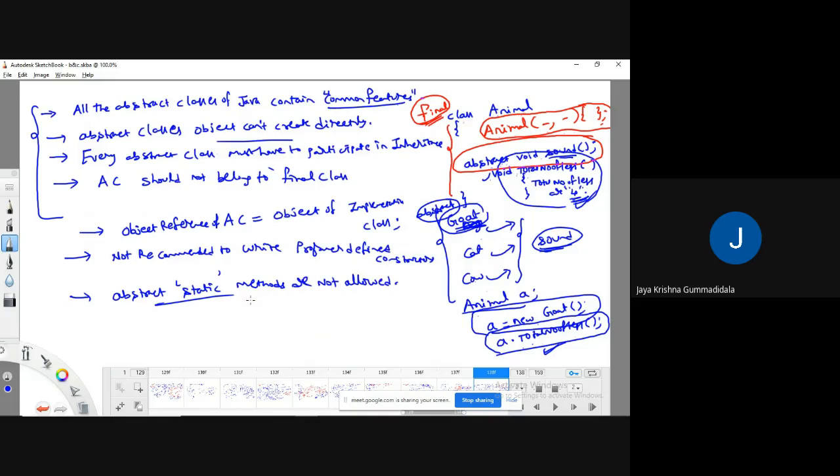Even though you are overriding that method, the Java compiler and JVM will look for the actual static method. That is the reason abstract static methods are not allowed in Java. So this is all about the important points regarding abstract classes.